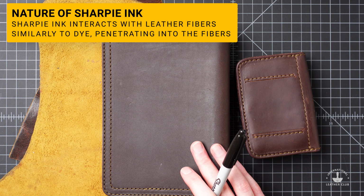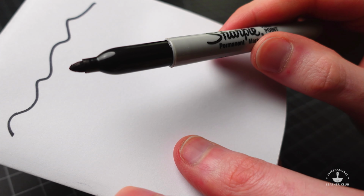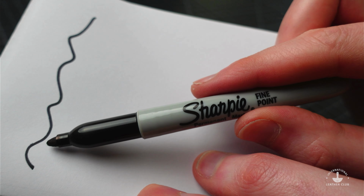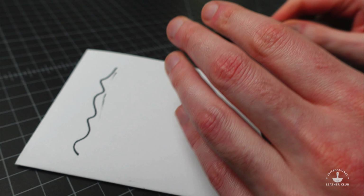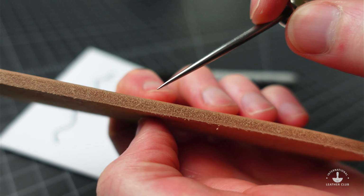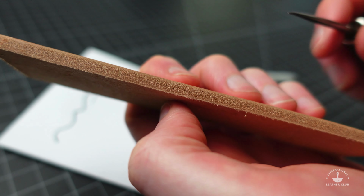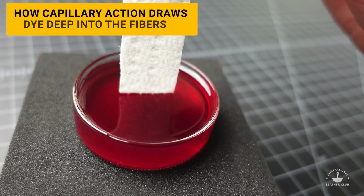First, we're going to explore the nature of the ink on leather. So typically, we have our marker to write on paper, and it's going to transfer the pigment from the tip of that Sharpie pen or permanent marker into the fibers of that paper. And what's interesting is that leather is also comprised of fibers. And so when pigment gets on the top of that, it's usually going to get drawn into those fibers. So when that same Sharpie ink comes into contact with leather, those fibers are going to drink that ink in